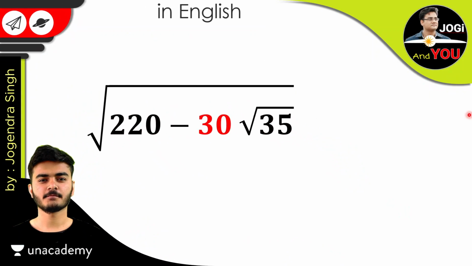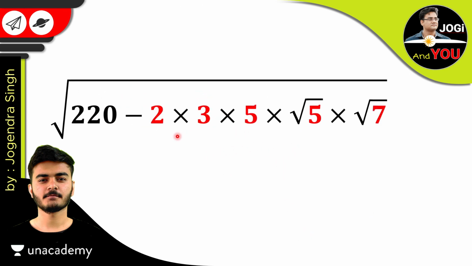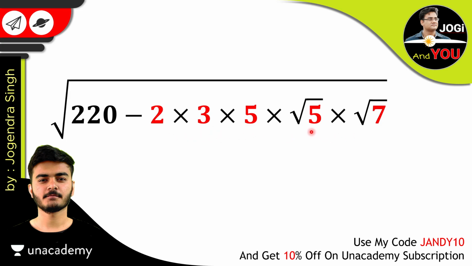So as usual, it's a nested radical problem because we have two times roots, a root under the root. So firstly, we have to factorize this small root, this 35. And how to factor this? So we factor 30 and root 35. These are the factors of 30: 2 multiply 3 multiply 5, which is 30. And 35's factors are root 5 multiplied by root 7. That was root 35. So that's why these are also in the root.